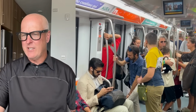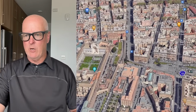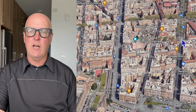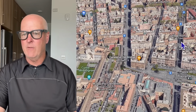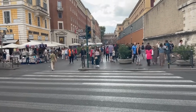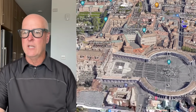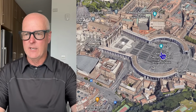So the metro, it's on the A line. This is Vatican here. And just down this main road, right at the end of this road, is the Ottaviano metro station. And from there, you just walk right down. You're going to follow the crowd. It's pretty simple. 80-90% of the people coming and going from that station are heading to or from the Vatican. So you just walk right down, and when you get to the Vatican,